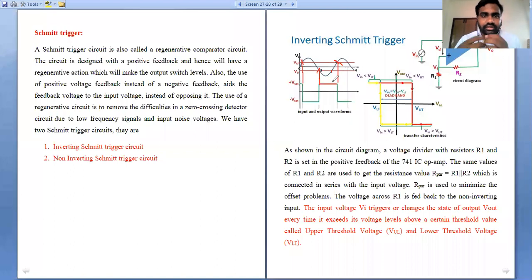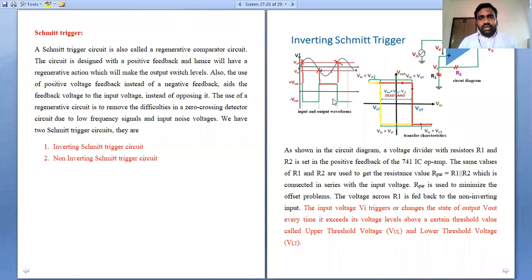Okay, that means even though the input voltage changes with respect to the upper threshold voltage and lower threshold voltage, after a specific instant of time the output remains the same with respect to the previous time instants. So that's what we have to discuss. That is an elaborated discussion that we will take up in the next slot.